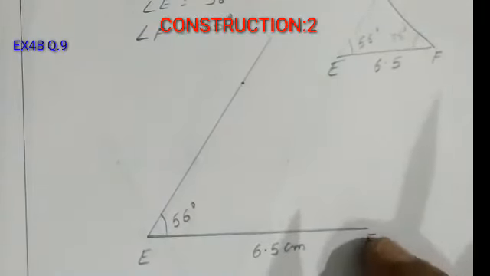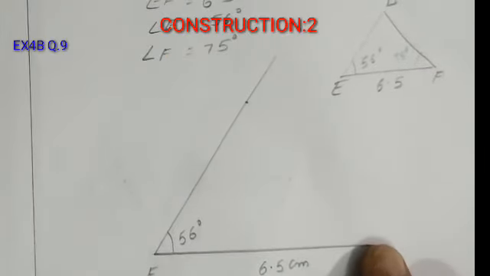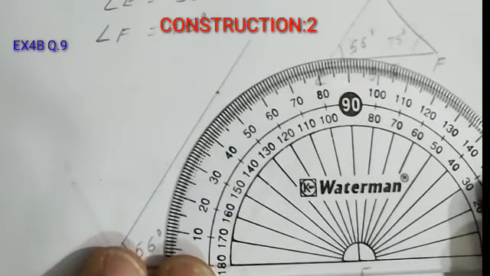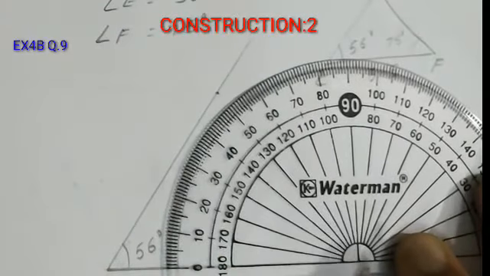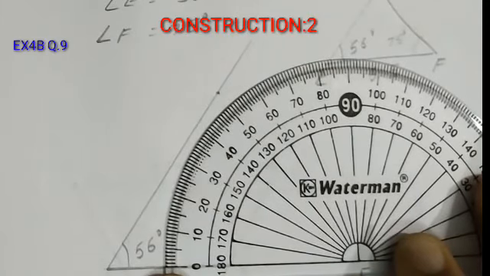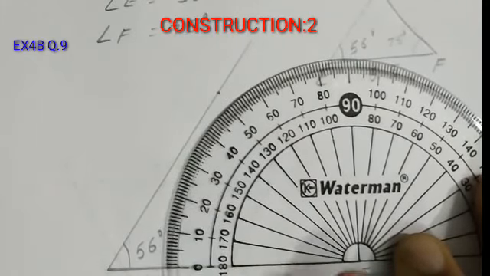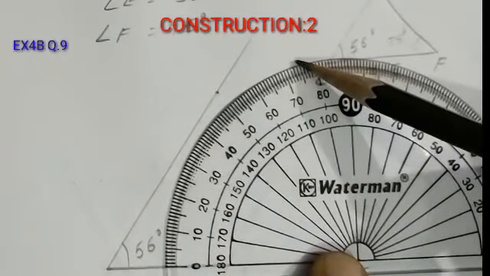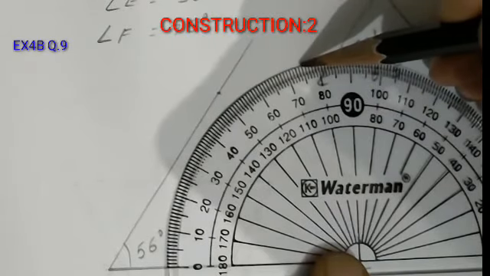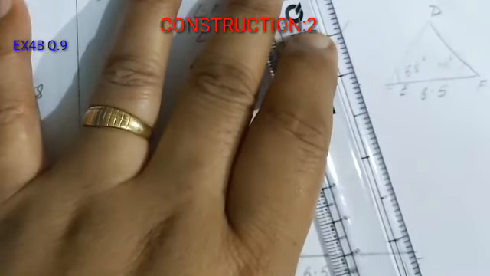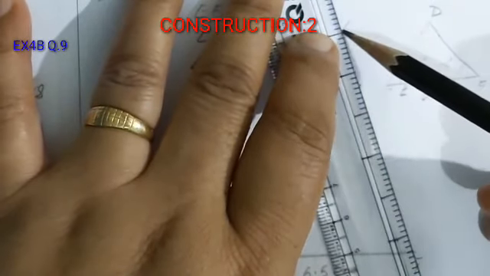Step 3, angle F of 75 degree. 75 degree angle we can easily construct using compass, but in your book it is mentioned to use protractor. Angle F. In this case, when you keep the protractor to the right side, you will find the 0. Here is the outer scale. So let's count from 0 of this side and use outer scale to measure 75 degree. This angle is of 75 degree. Children, let us complete angle of 75 degree. That is step 3.